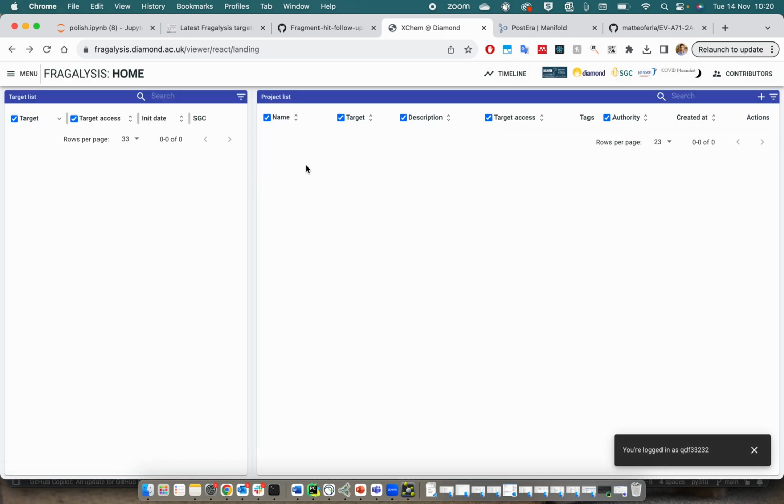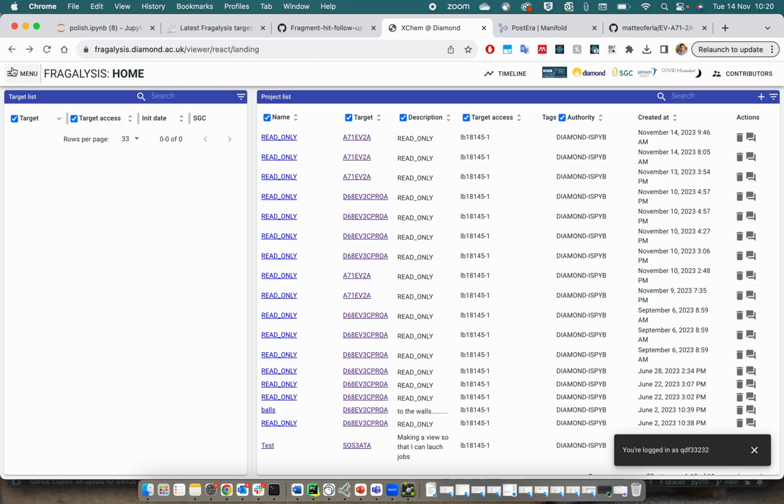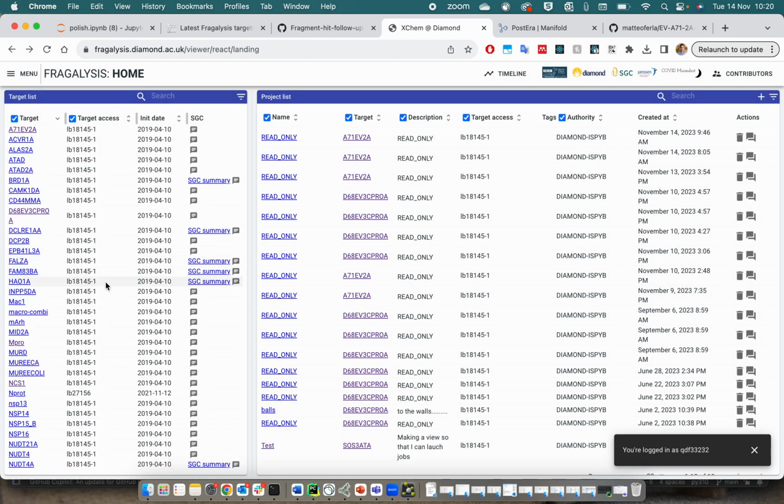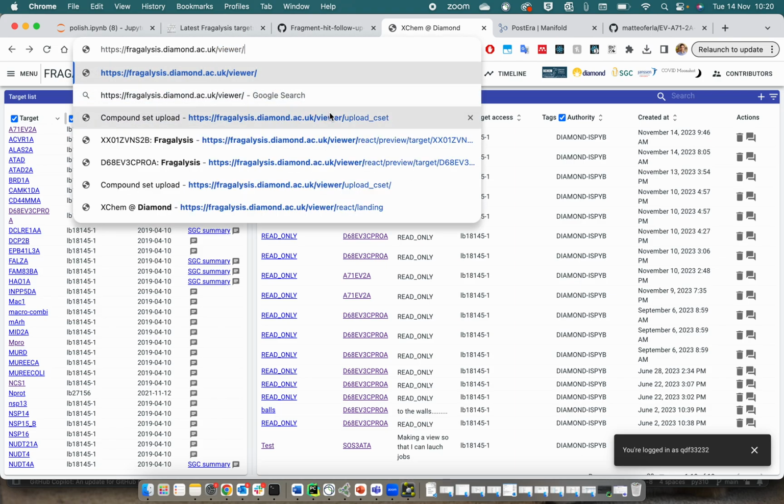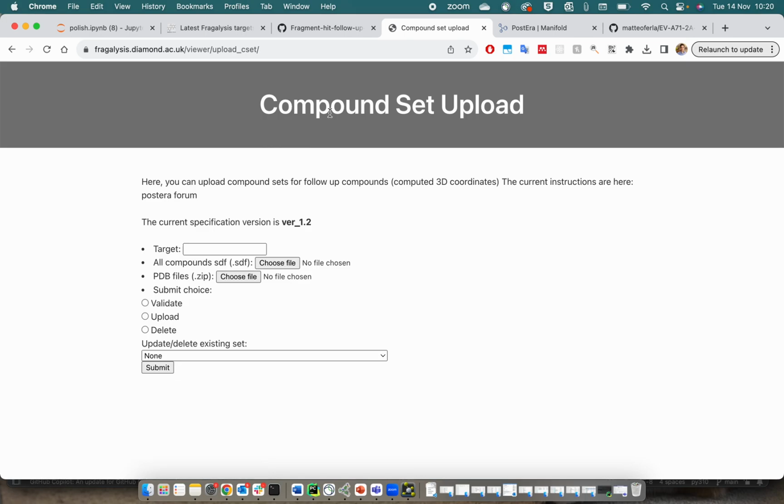So let's start again. The Diamond login. It's remembered my cookies. Fragalysis does store cookies. And so now let's edit the URL bar to be viewer/c compound set upload. Now over here, we've got our compound set upload where we can specify the target,